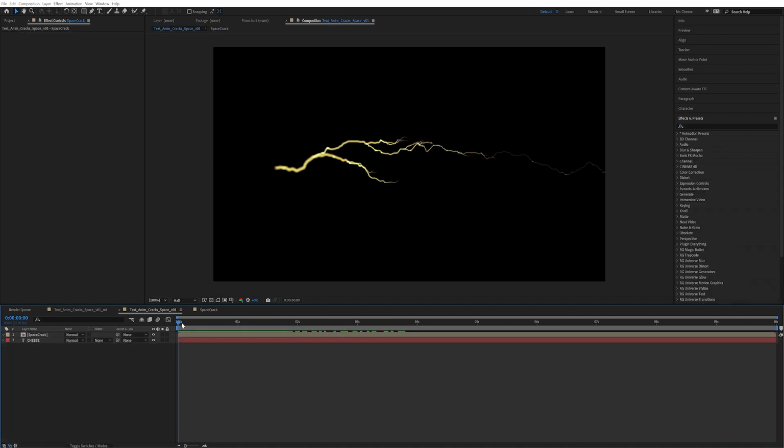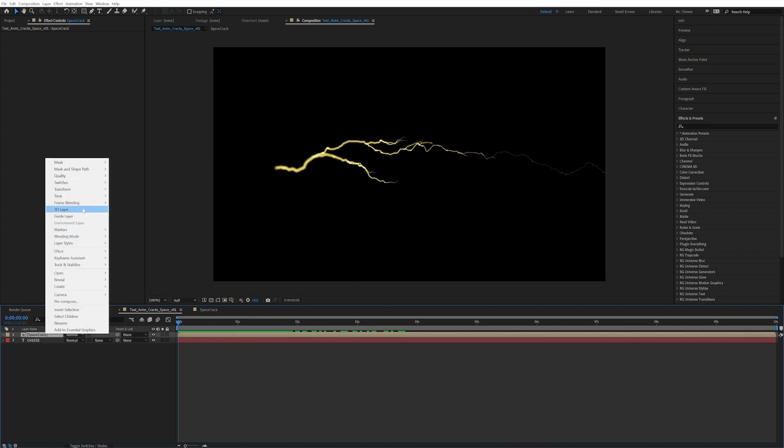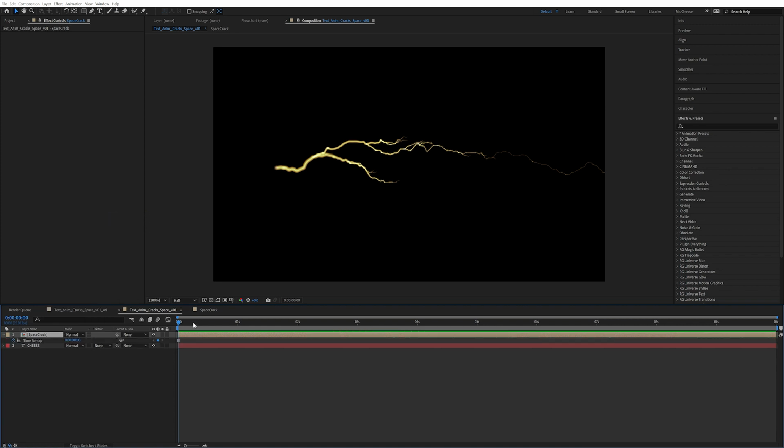So now we're back here in the main comp, and you can see it's animating for every single frame, and we actually don't want that. So I'm going to right click on the precomp, go up into time, and go over to freeze frame. See, now it's completely static once again. And this way we can actually modify it ourselves every single time we duplicate it,